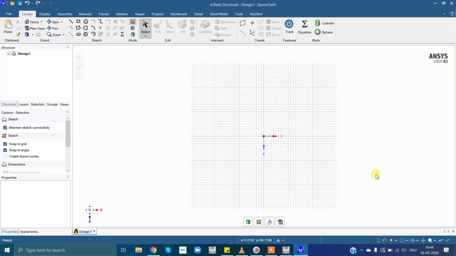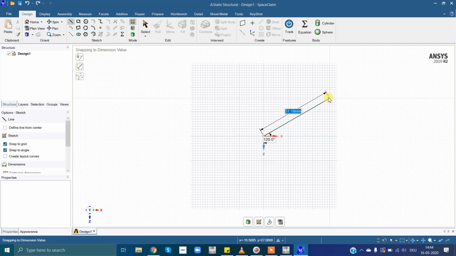So here you can see some options: line, rectangle, circle, curves, arcs, splines. I'll simply tell you how this works. Firstly, line. Simply click the starting point and you can choose your ending point.